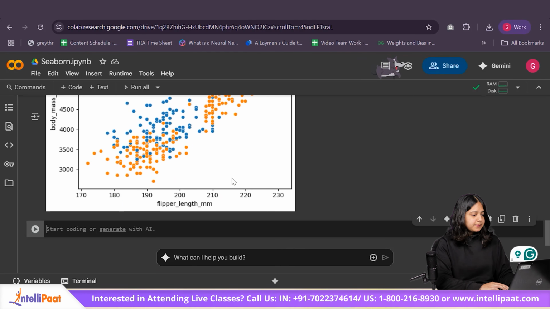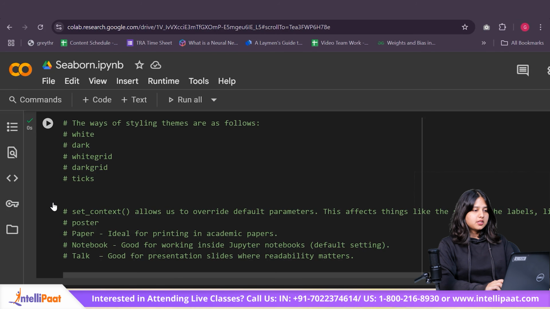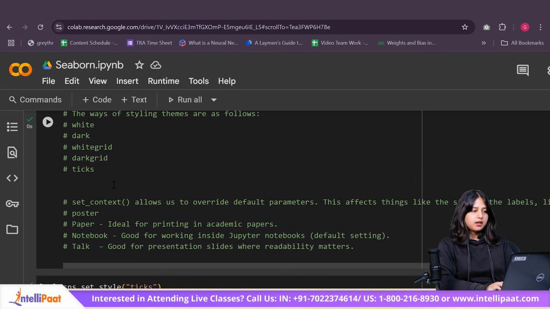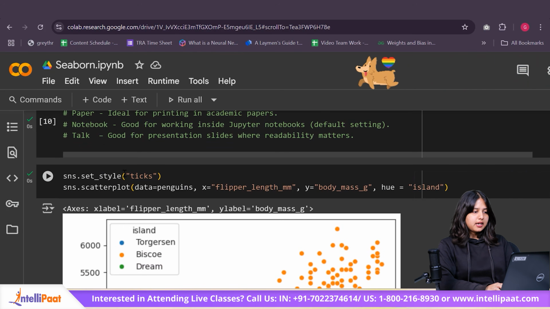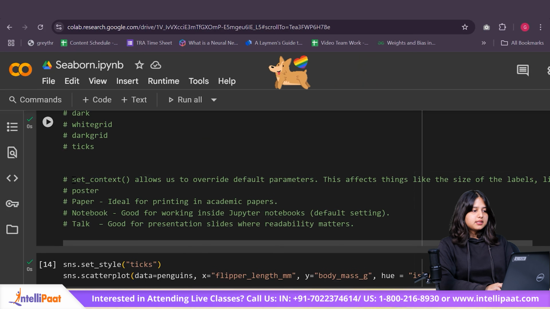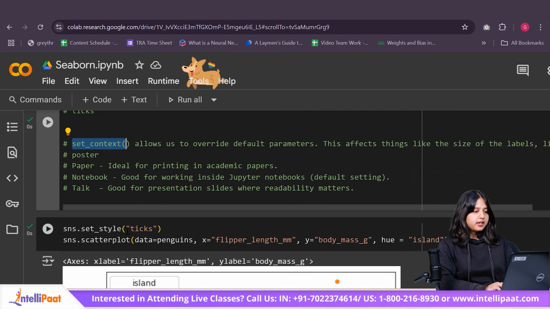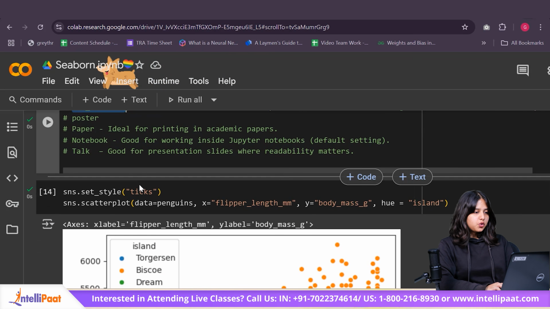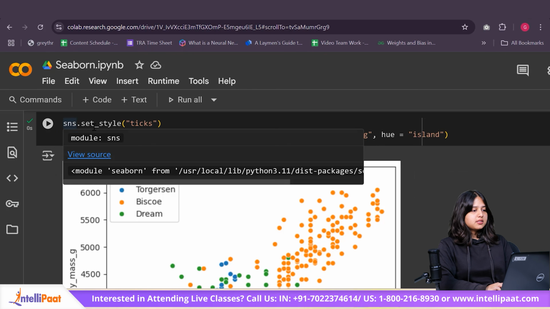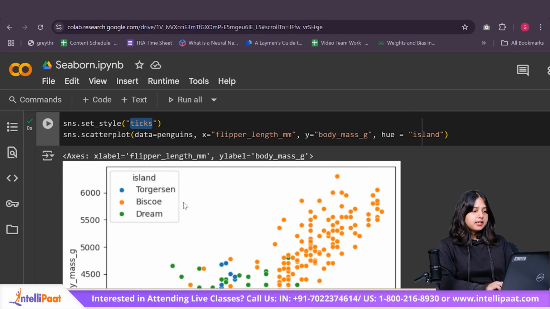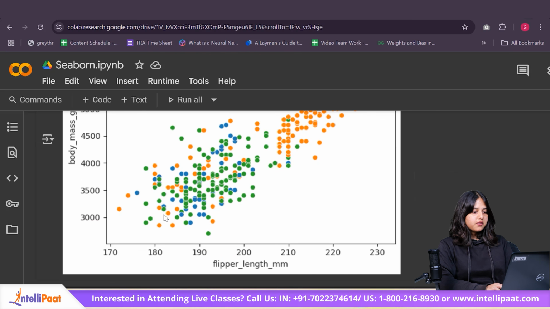All right, so basically, Seaborn allows us a few default styling themes like white, dark grid, and text. There are two methods basically. So, one is set style, okay, and the other one is set context. So, first, let's go ahead and look at set style. So, over here, you can basically set the different backgrounds. So, if I say sns.set_style and pass the parameter text, this is the kind of graph that I'll be returned.